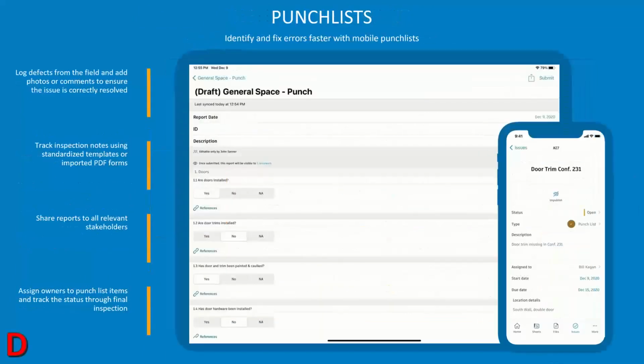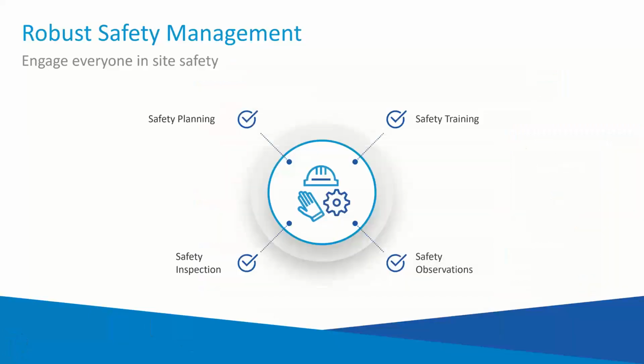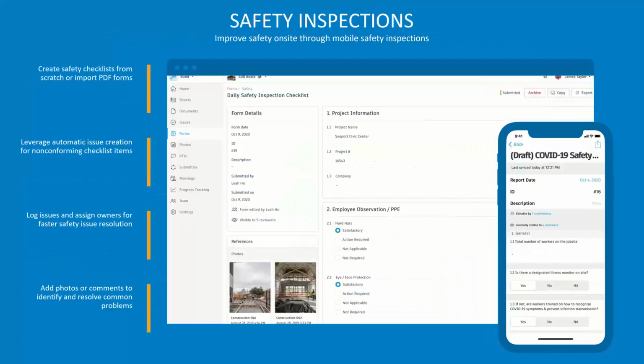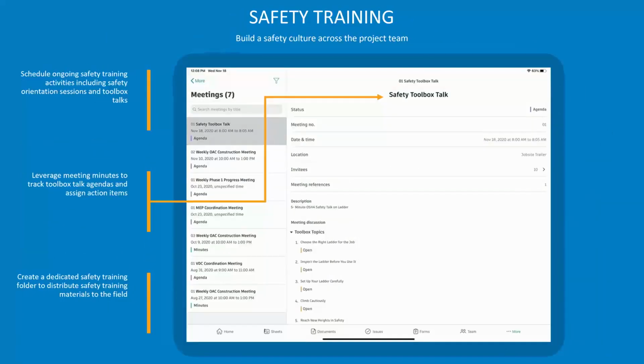We have the ability to create our own punch list, just checklists that are lists of question and response types and have logic in them, so that if you put a negative response in, it will require that an issue is created from that item automatically. Same with safety management, your safety inspection list, safety observations, safety training. All those forms and things that you have to fill out, OSHA regulations and such, can be incorporated into the system. All your safety planning, create, again, those checklists that you need to do when you do safety environment, fall protection, and so on. Inspections, safety training forms that people have to go through,